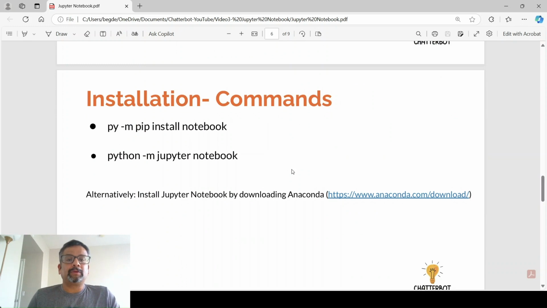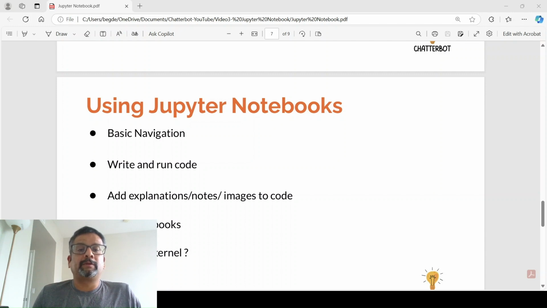So when we go to the installation, we have to run a few commands. I am using the pip method for installing and using Jupyter Notebook. There are some other ways as well, which we will cover. The one thing I want you to note is that if you are using the Python pip manager, then you would obviously need your Python to be installed, and that's one of the prerequisites for this particular installation. So once you've run the two commands we mentioned earlier,